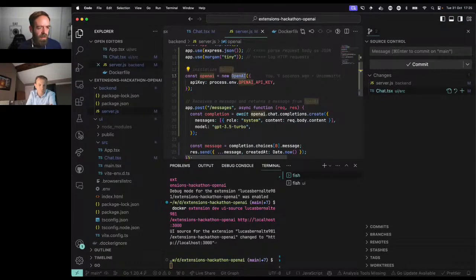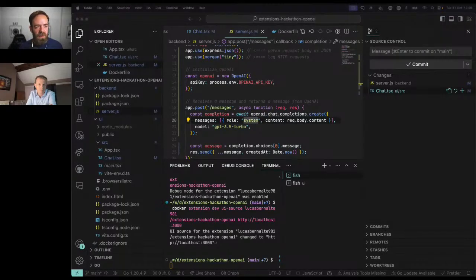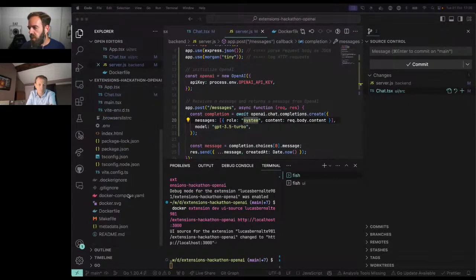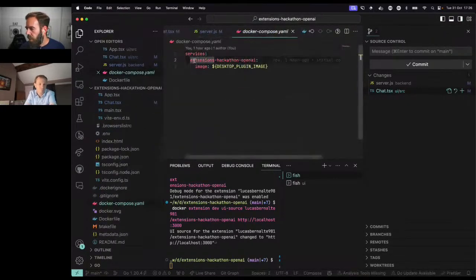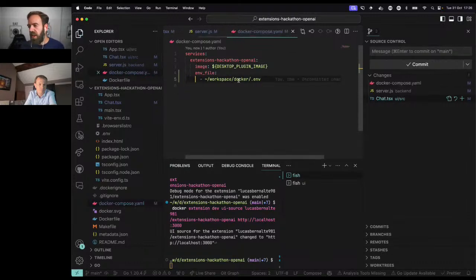For this, I just have something locally that works, and we have to modify the compose file a bit because we haven't talked about the compose file yet, because we only had a service with a backend in here. Again, if you use an extension without a backend, you wouldn't need to have anything inside the services here. But for this one, we'll add an env file that I have on my local machine so that I can use the API key that I have.